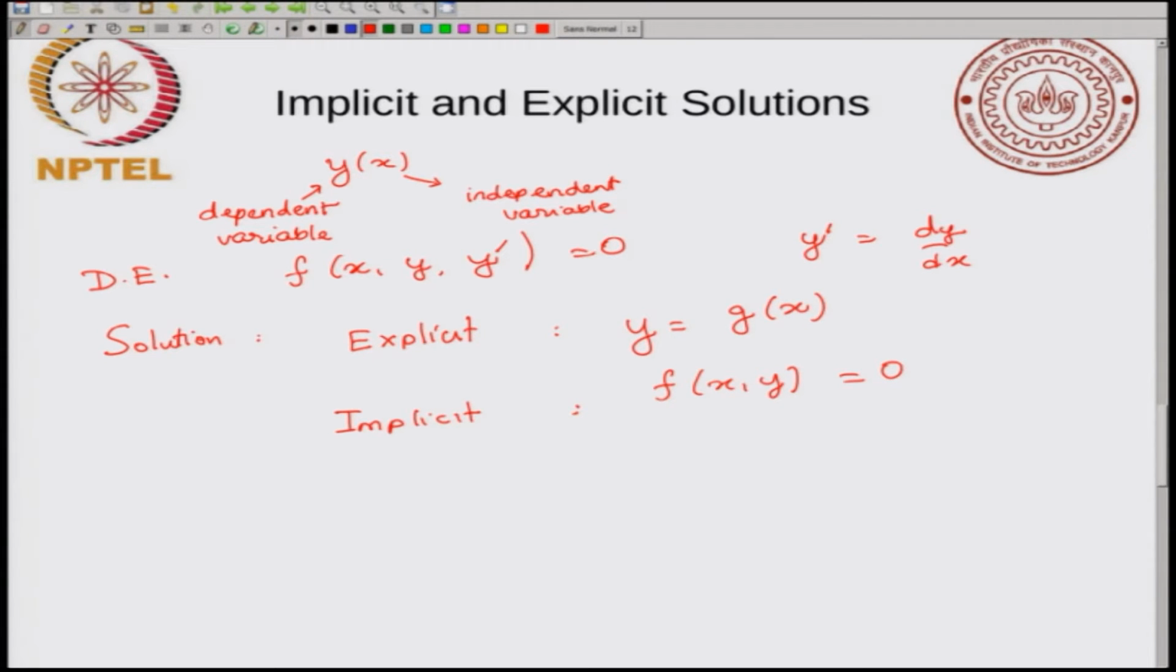okay. So, an example, suppose you have dy by dx equal to cos x, okay. Then when you solve this, you will write y is equal to sin x plus some constant, okay. This is an explicit solution,